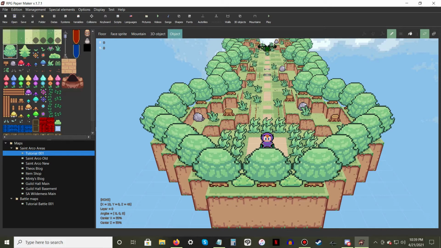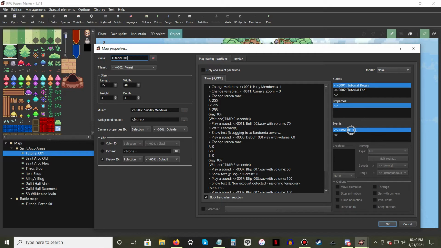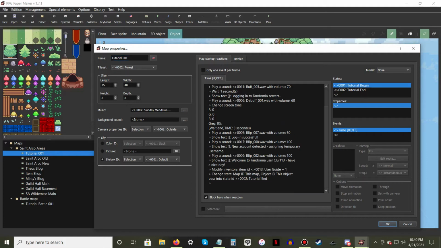The first way is through map events. Right-click a map and select Edit Map Properties. As the name implies, this will bring up the Properties window for the map. When first created, all maps will have timed events that trigger once, but will reactivate each time the map is entered. To make it so that a cutscene will trigger once and only once, at the very end of your